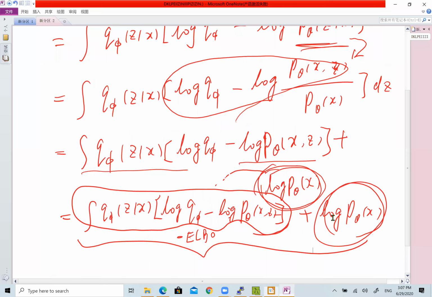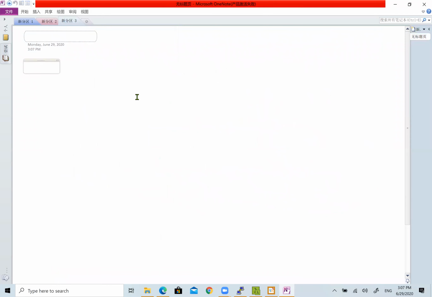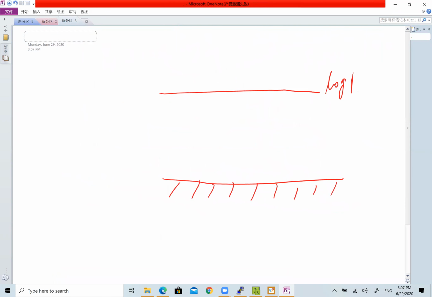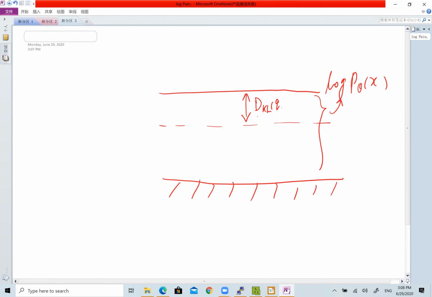Maybe I plot here again for you. There is a famous plot, looks like this. This is the log p theta of x, the height is the log p theta of x. That's our model's log likelihood. And here, this is the KL divergence between the q phi and p theta, the true posterior. And this part is our ELBO, the L stuff. L is a function of theta and phi together, right? So we have this formula that log p theta equals L plus the KL divergence,